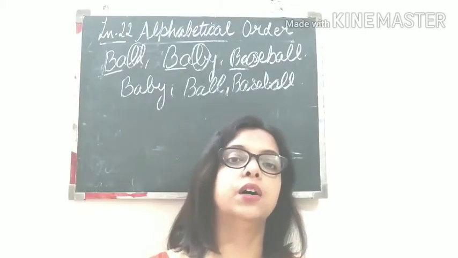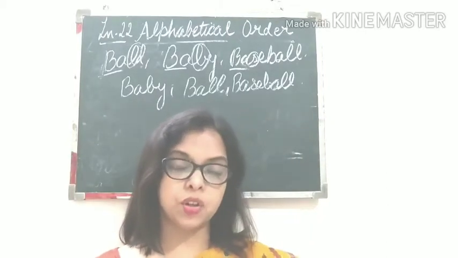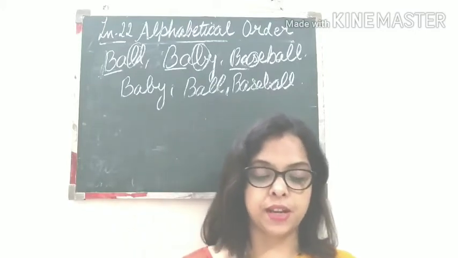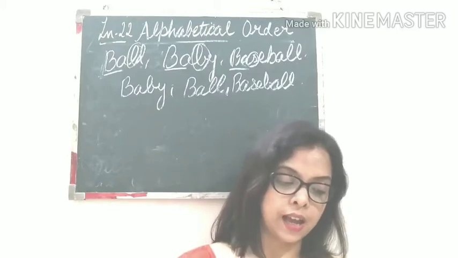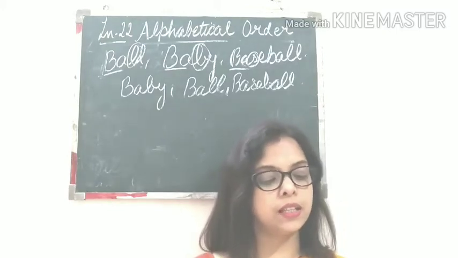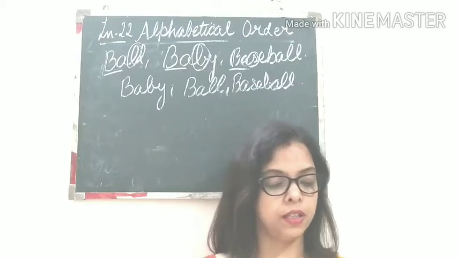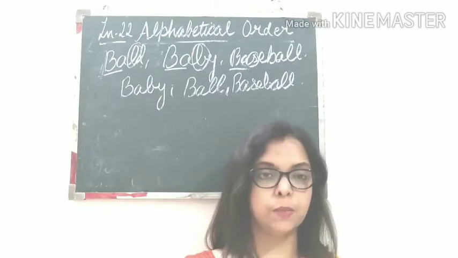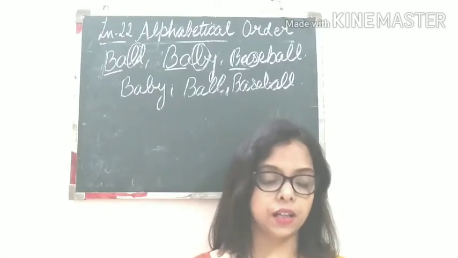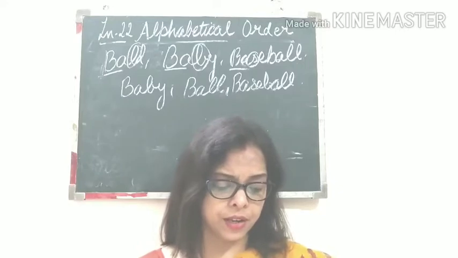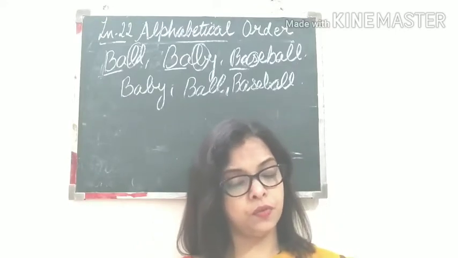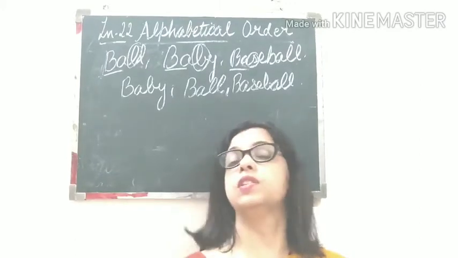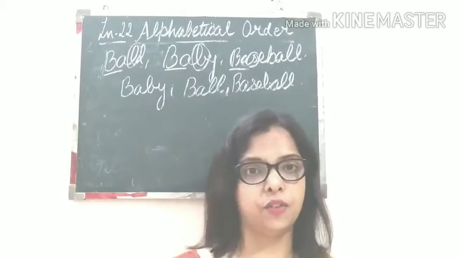So now we can do the exercise. Open page number 71. Here are the names of two groups of friends. One group of names is in red and the other is in blue. Write the names in the correct alphabetical order in the blanks given below. So we can see that there is a wheel and around the wheel there are some names written in blue and red color. So we will arrange the names which are written in red color first in alphabetical order, and then we will arrange the names which are written in blue color in alphabetical order.